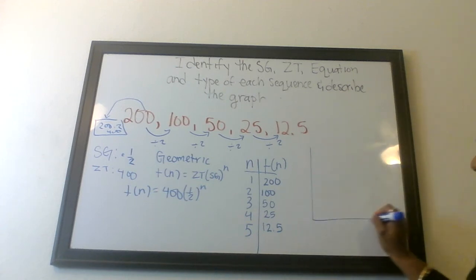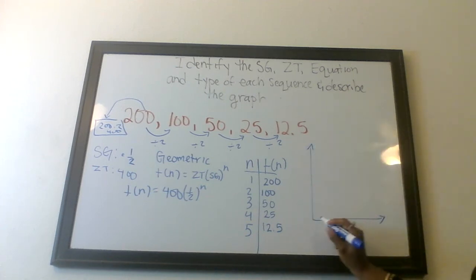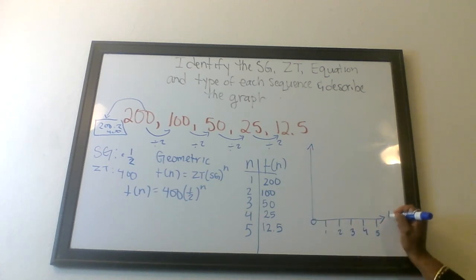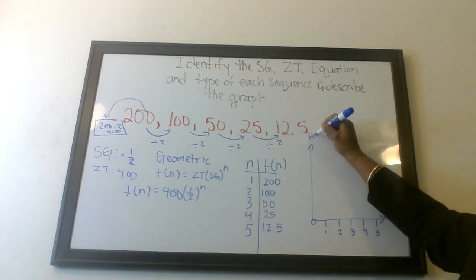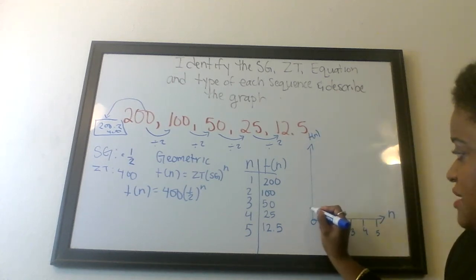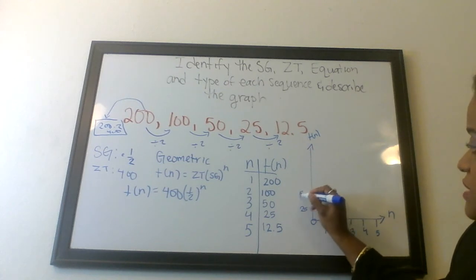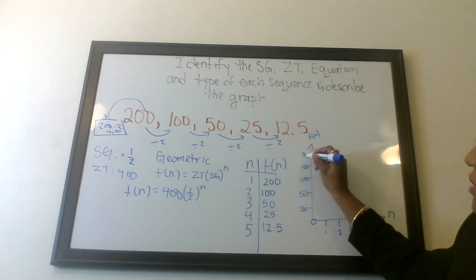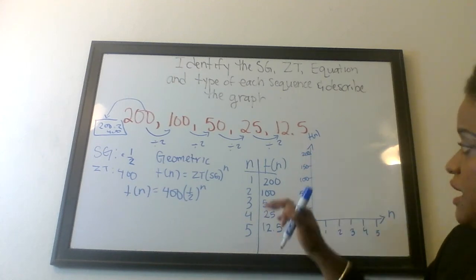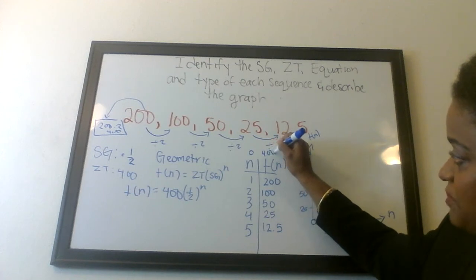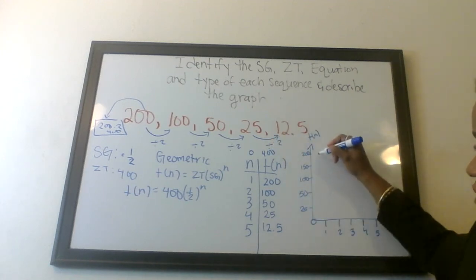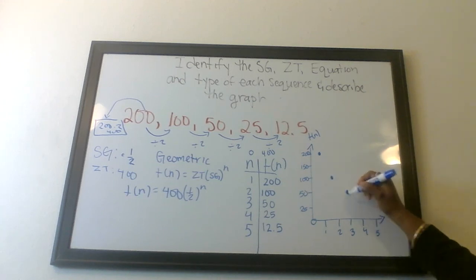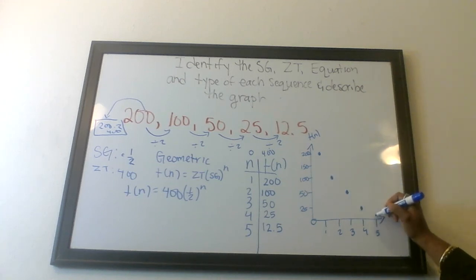Graph it. I hope you can see that and the glare's not in your way. So here's my 0, 1, 2, 3, 4, and 5. And that's your n axis. Here's T of n. And I'm going to have to go by 25s. 25, 50, 100, 150, 200. Okay? Now, 0 is at 400, and I don't have room for that, which is okay. But I do have room for 1, 200, 2, 100, 3, 50, 4, 25, and 5, 12.5 right in the